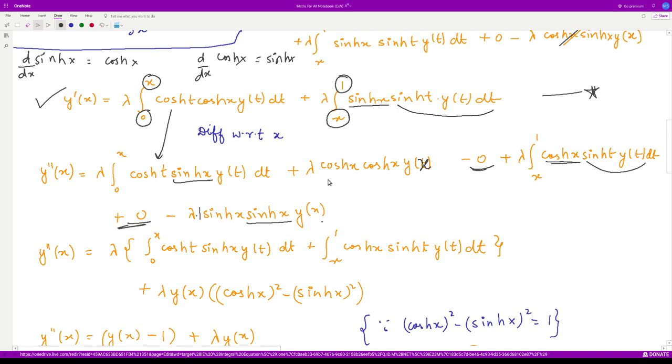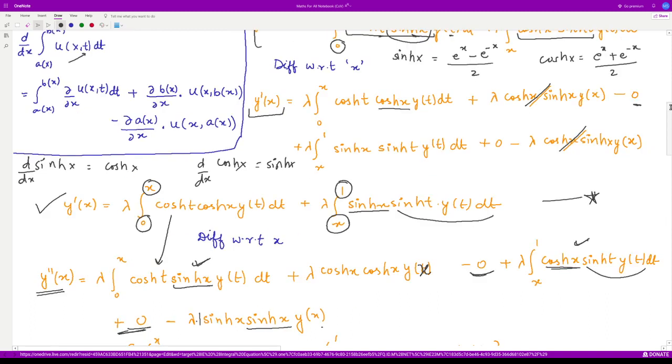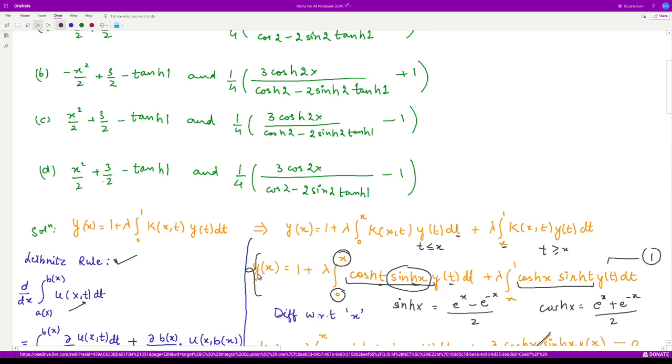Again we have, now you see what we do in this case. So we have y double dash x as it is, taking lambda common from this term and this term, we have something like this, right? And what was this? Let us look at equation number 1 where we defined y of x, the original integral equation. So we have this whole term, right? What is its value? Its value is y of x minus 1.